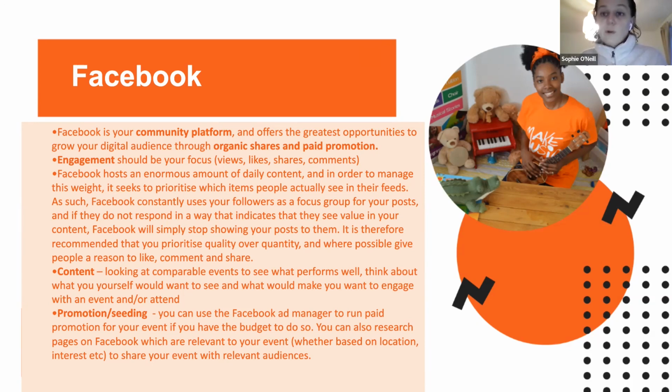Views, where they've watched the whole of a video rather than the first 5 seconds, that's when we can say, right, okay, they really are engaging with the content. So Facebook hosts an enormous amount of daily content, and in order to manage this weight, it will seek to prioritize which items people actually see in their feeds. So as such, Facebook constantly uses your followers as a focus group for your posts, and if they do not respond in a way that indicates that they see value in your content, Facebook will simply stop showing your posts